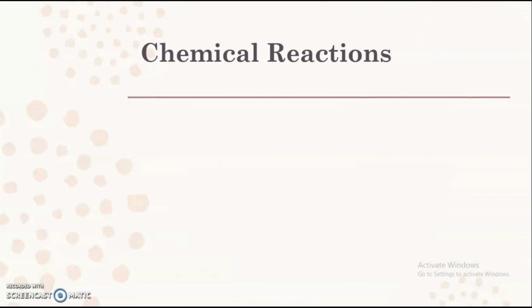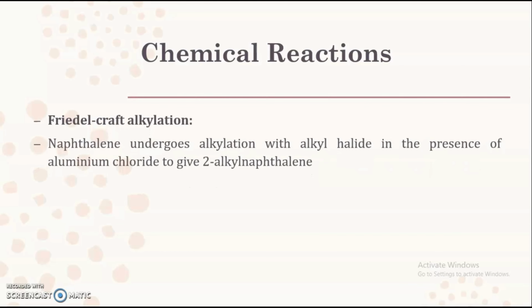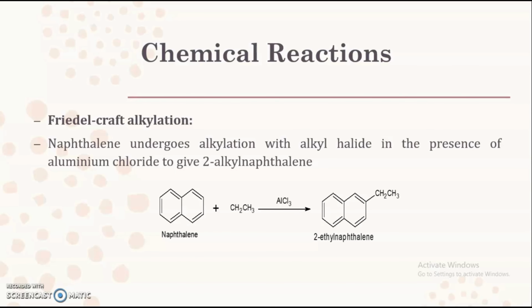Next chemical reaction that is shown by naphthalene is Friedel-Crafts alkylation reaction. Naphthalene also undergoes Friedel-Crafts alkylation reaction like acylation with alkyl halides in presence of aluminum chloride as a catalyst to give 2-alkyl naphthalenes. Here this is the exception reaction, where instead of getting a 1-substituted product, we are